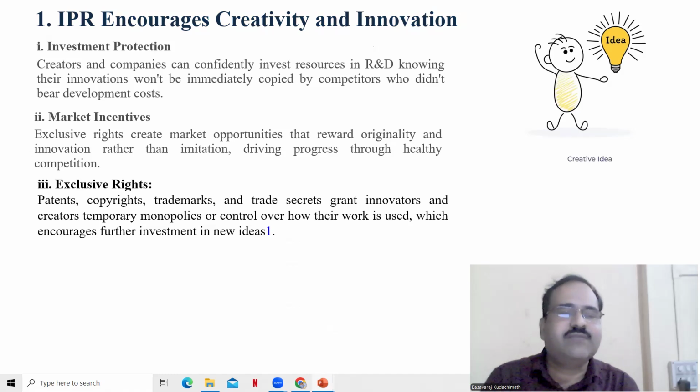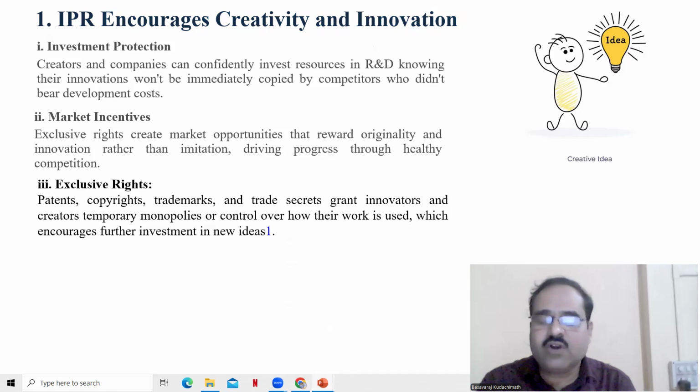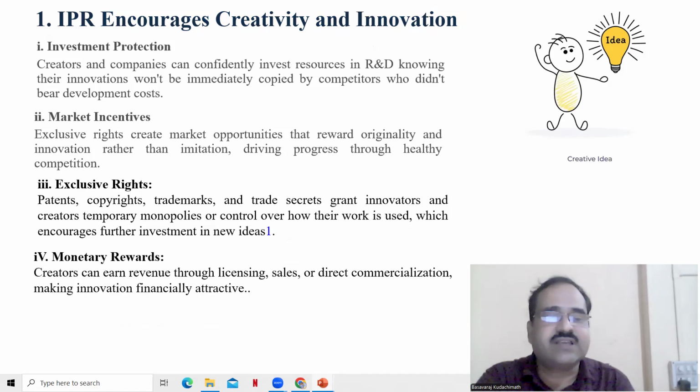So these are all the benefits they can enjoy only if intellectual property right is practiced in the country. If there are no intellectual property rights protecting the exclusive rights, the copying of the product or copying of the design can be easily made by third parties, and the inventors may not get the benefit out of that. That is why intellectual property rights are encouraging this.